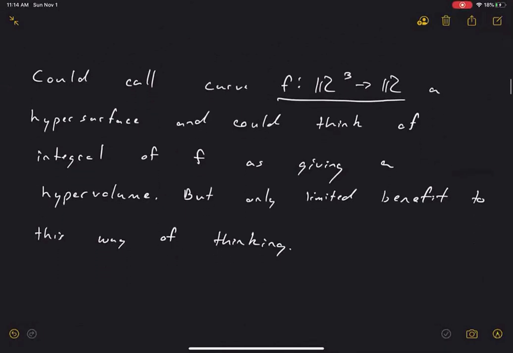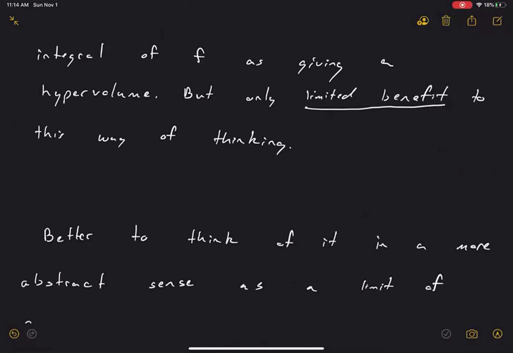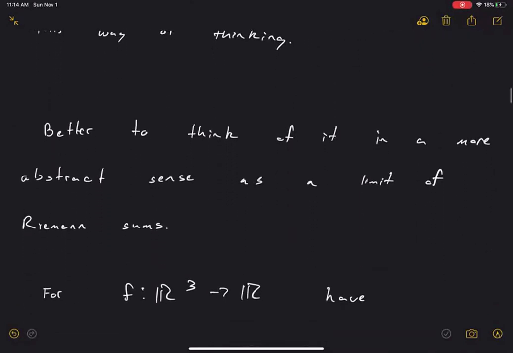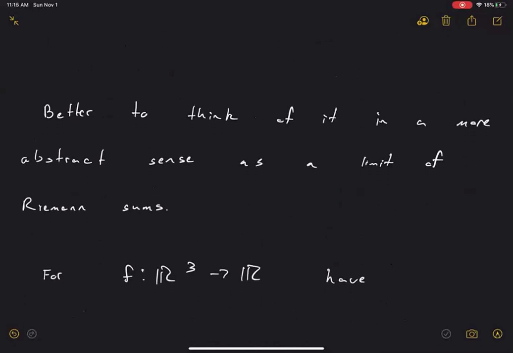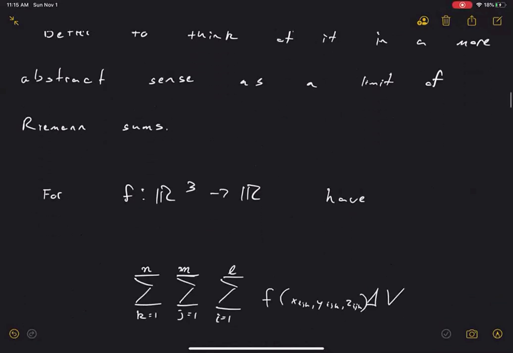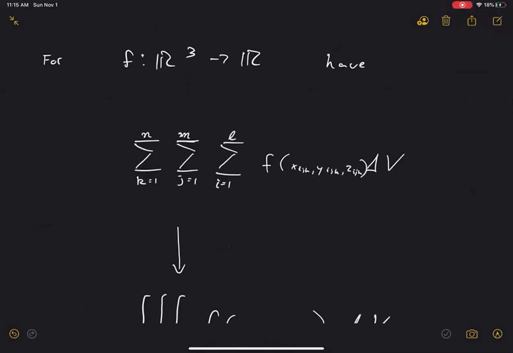But I wouldn't devote too much time to thinking about it like this. This way of thinking is beneficial, but of limited benefit. Maybe it's better to just start thinking of these integrals from R3 to R and R4 to R as the mathematical objects they are. They're just the limit of Riemann sums. So we construct the three-dimensional integral just like we would the